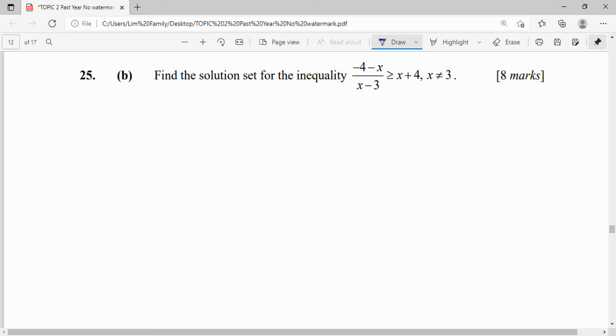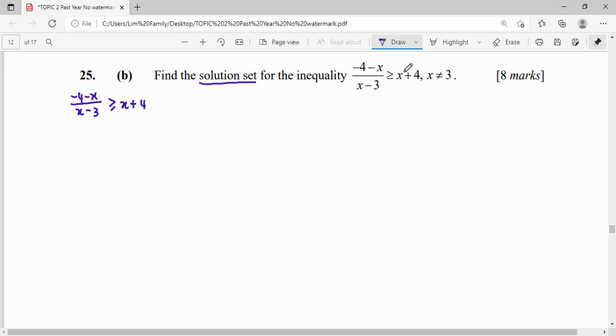So in this question 25b, they are testing us on solving rational inequalities. So we have to follow our rules in rational inequalities. And they mention here they want the solution set, so we must give the answer in set notation. First of all, for these questions, our rule in solving rational inequalities is